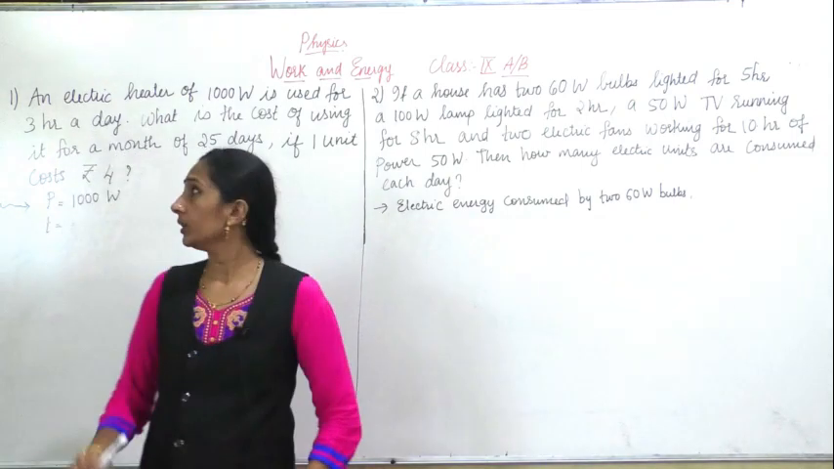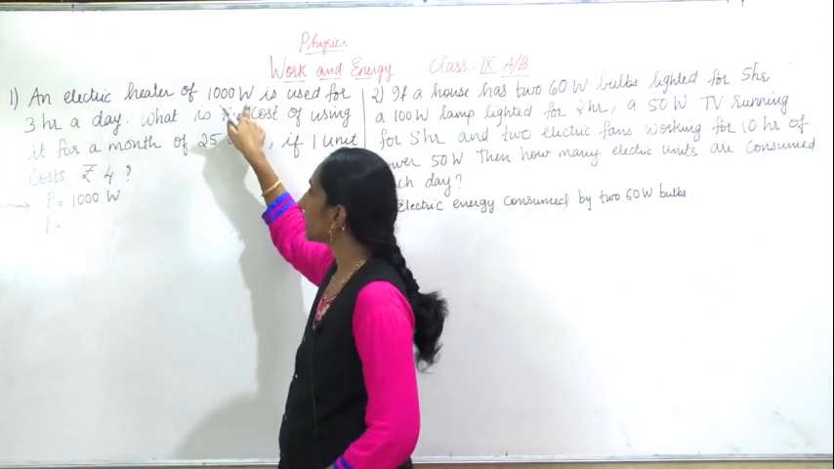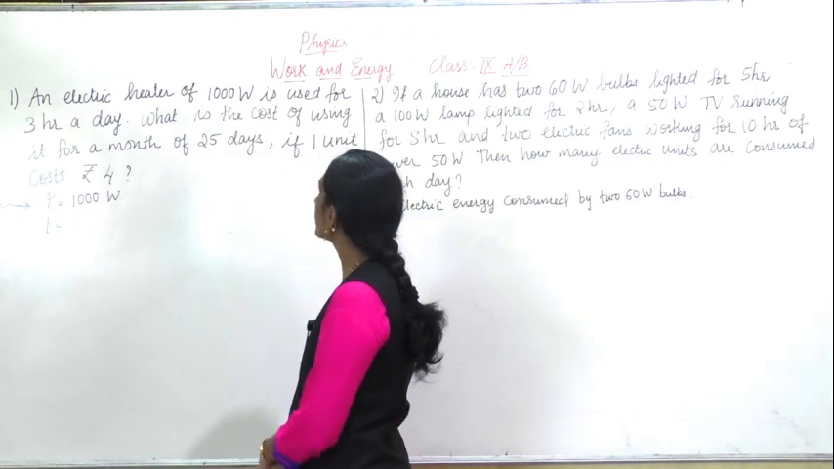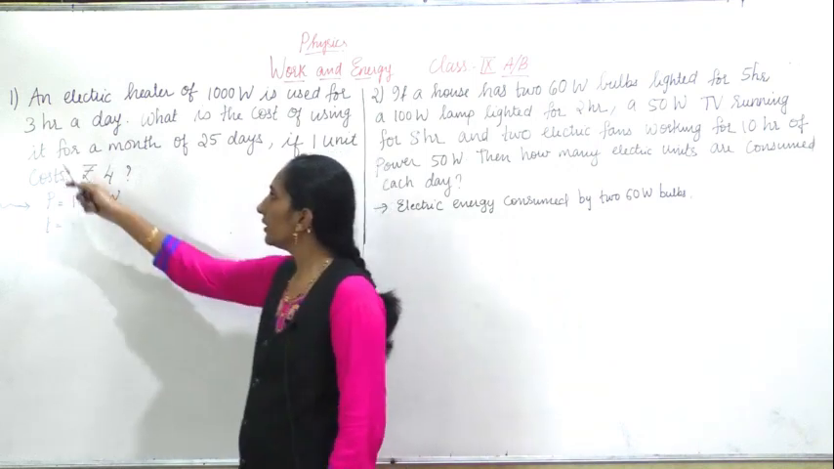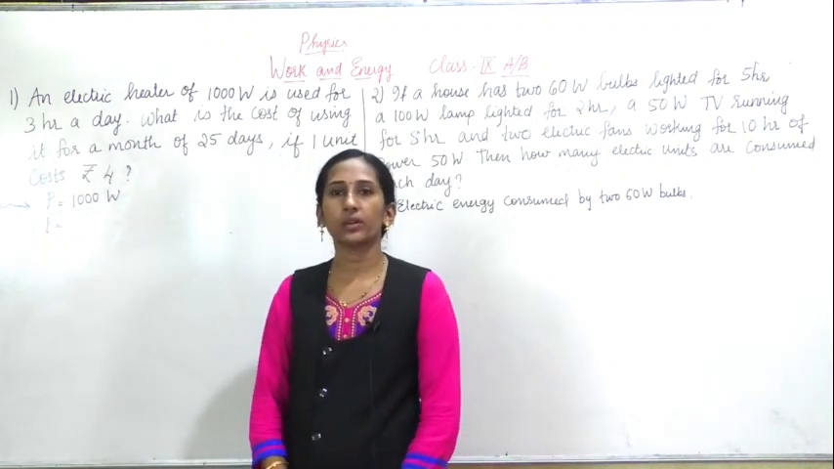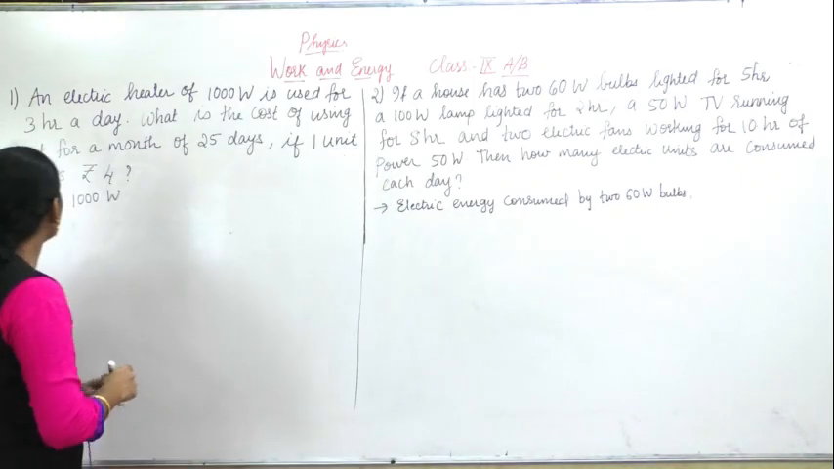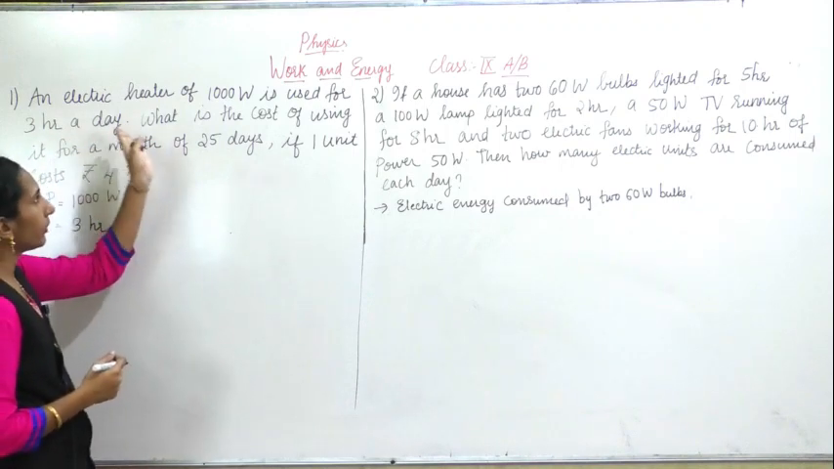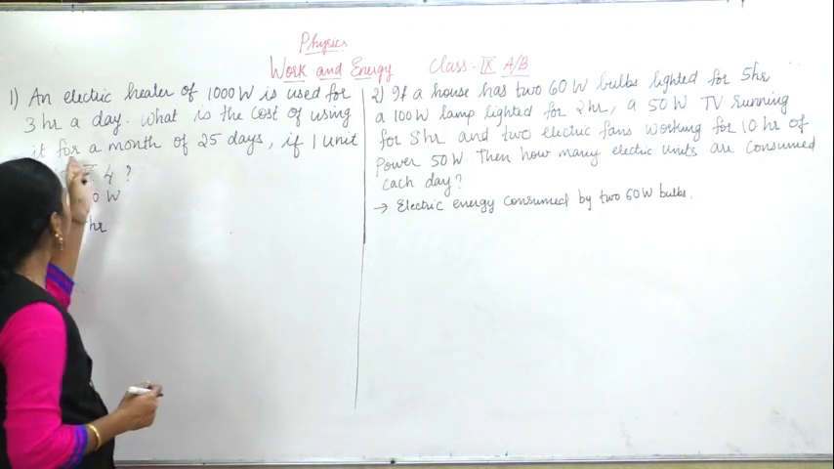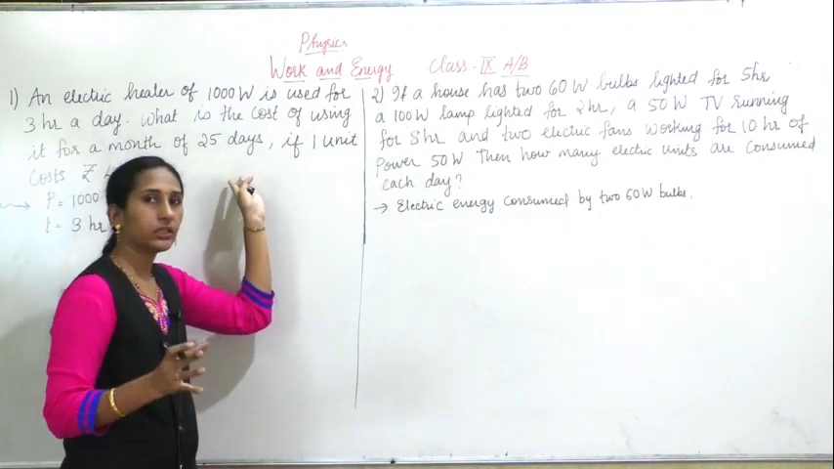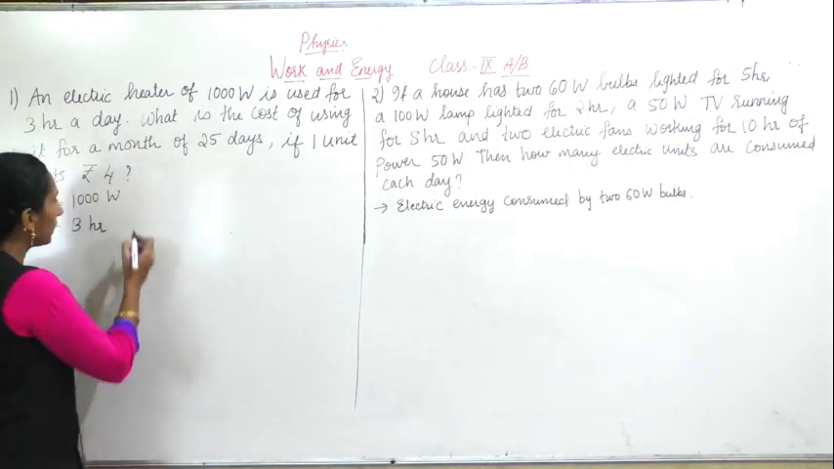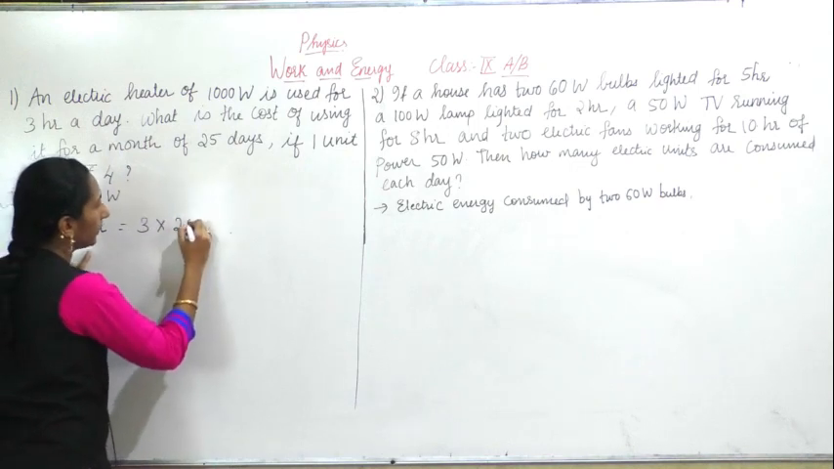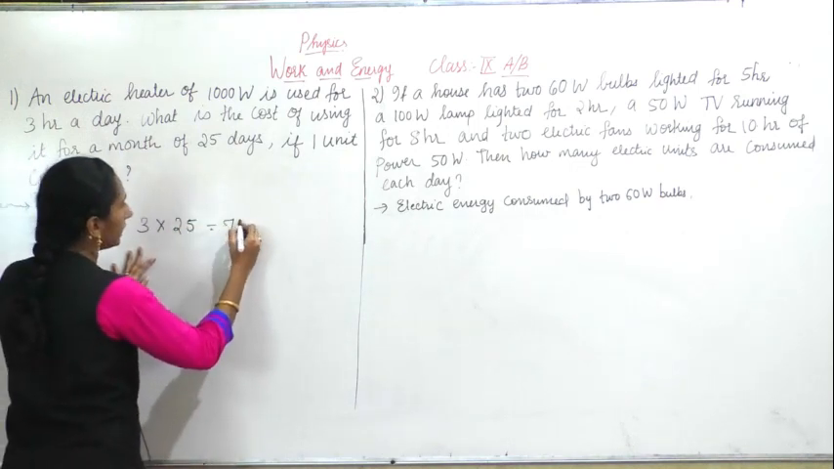1000 watt means power equal to 1000 watt is given. Time is given as 3 hours, but 3 hours a day. You have to find the cost of using it for a month of 25 days. So here only I will convert it. It is 3 hours for one day, now 3 into 25 days. How much is it? 75